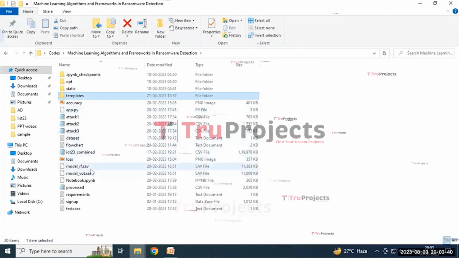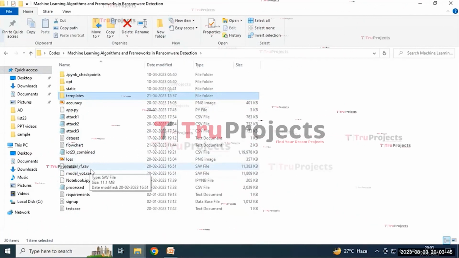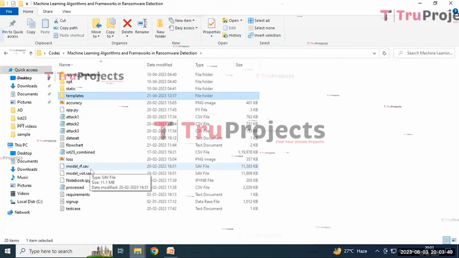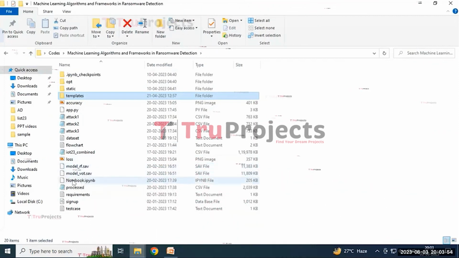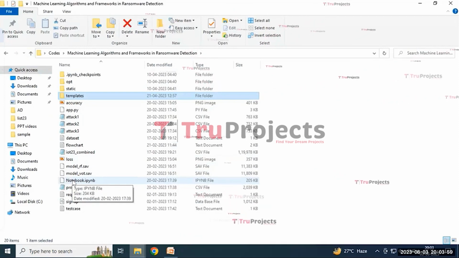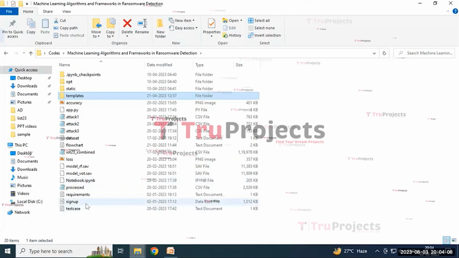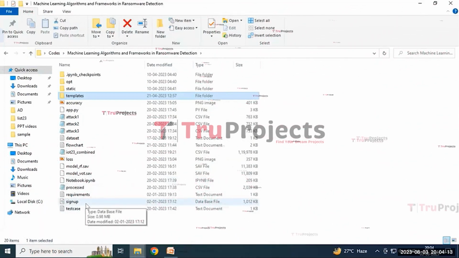And the model is a CSV file which contains the information of the algorithm and is loaded into the project code during runtime to utilize the trained model for various tasks, such as making predictions on new data or performing a specific operation. And the notebook is an IPYNB file which contains the combination of code, graphs, and output all in one place. It allows the user to write and execute the code in individual steps, making it a popular choice for data science. And the sign-up is a DB file which contains the information of the users and stores it.